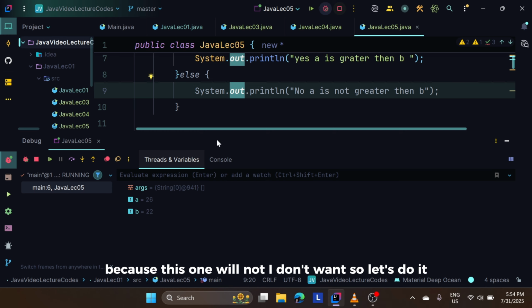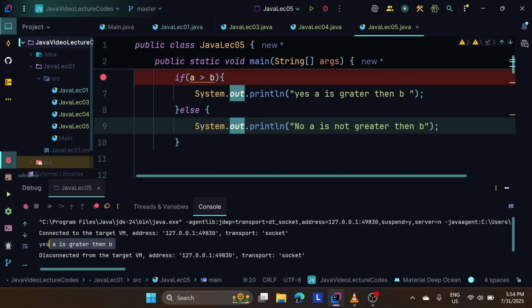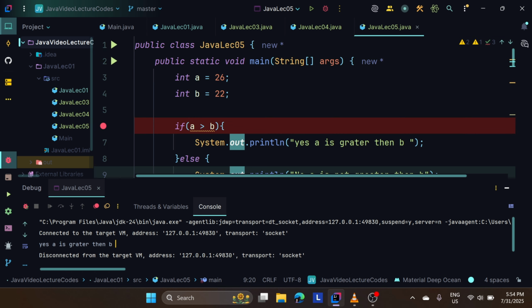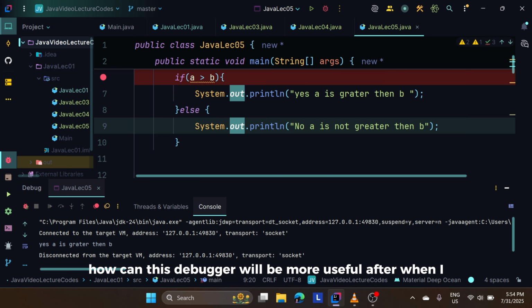So let's do it, it's okay. You got it, I think, this debugger point. Yes, a is greater than b, and it disconnected from the target VM, virtual machine. So you see the debugger point also, what the debugger is and how we can use it. The debugger will be more useful when I start with a for loop or while loop,